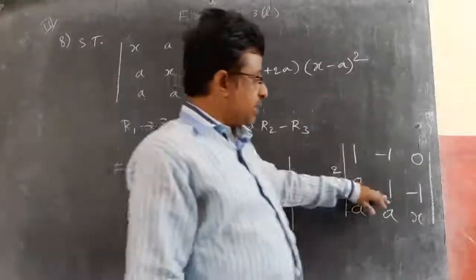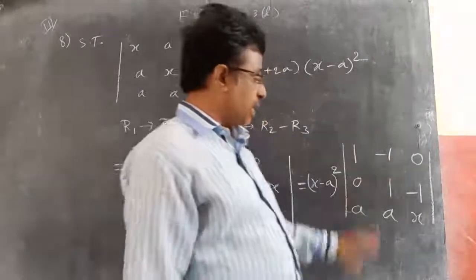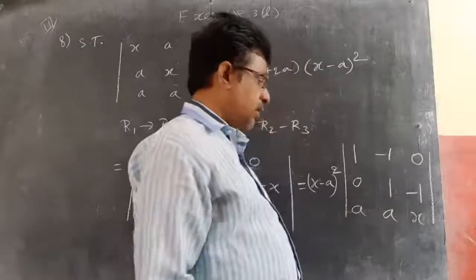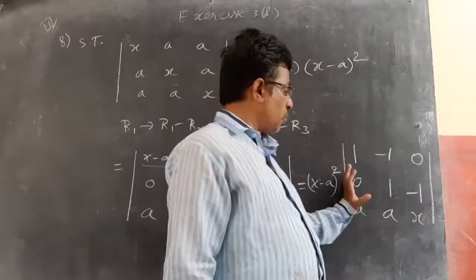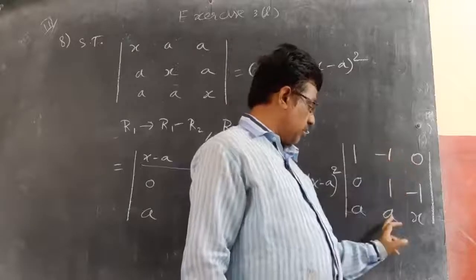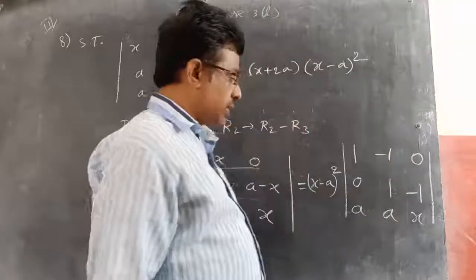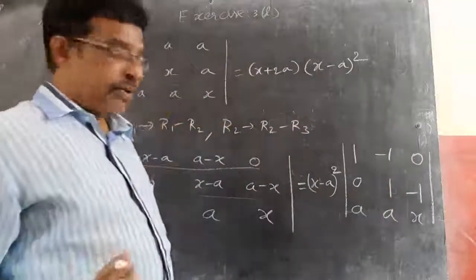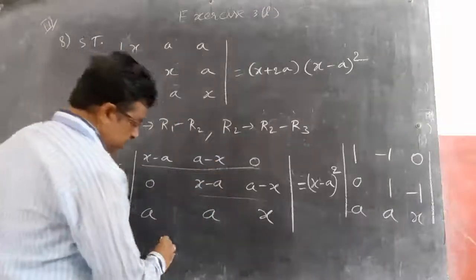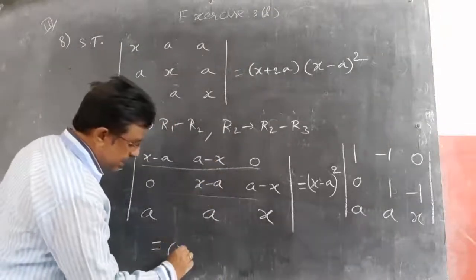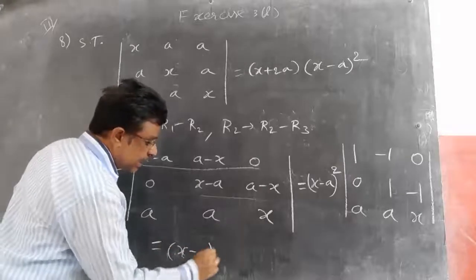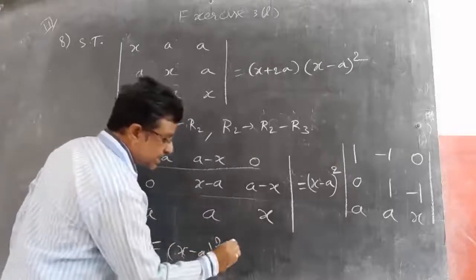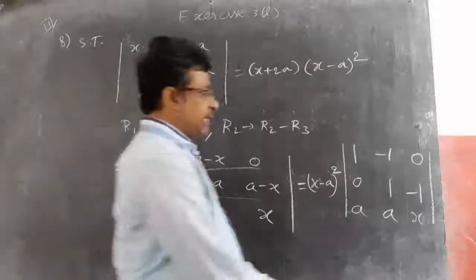Now I will expand the determinant. Or you can add this to this, or you can make some other zeros if you want. Actually not needed, I think. If you add this to this becomes 0, this becomes 2a like that. So your choice. I am directly going for expansion of the determinant from there. So this is equal to x minus a whole square as it is. Now I expand the determinant with first row.